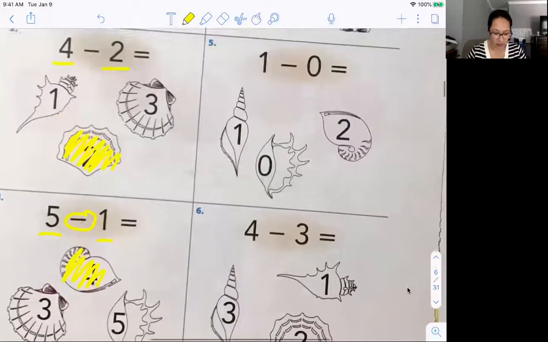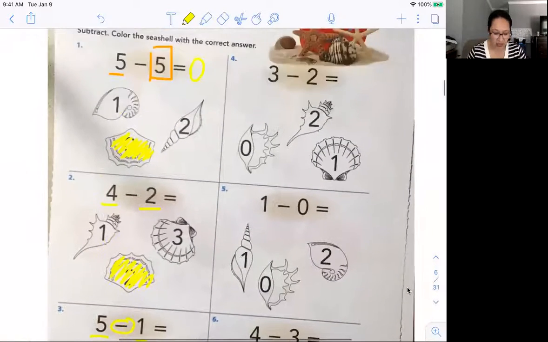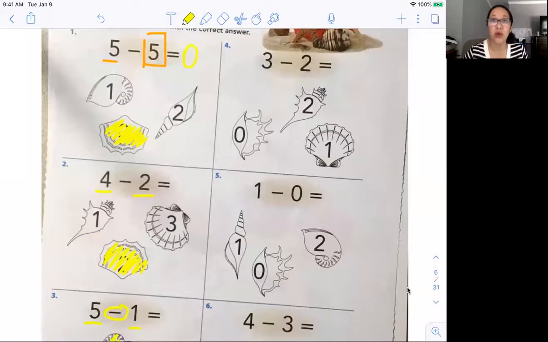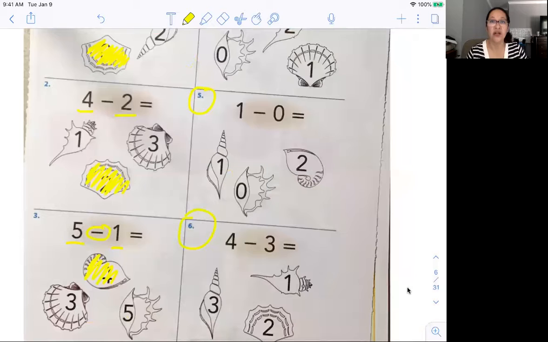Now we have 3 more problems. And I want you to do those problems by yourself. Okay? We did 3. I would like for you to do problem 4, 5, and 6 and color the shell any color you would like to color them, okay? You could use your connecting cubes if you have some. You could use Legos or cereal or anything that you want and work out those problems by yourself. I know you could do it, and you can color the shell that has the number that's the correct answer,